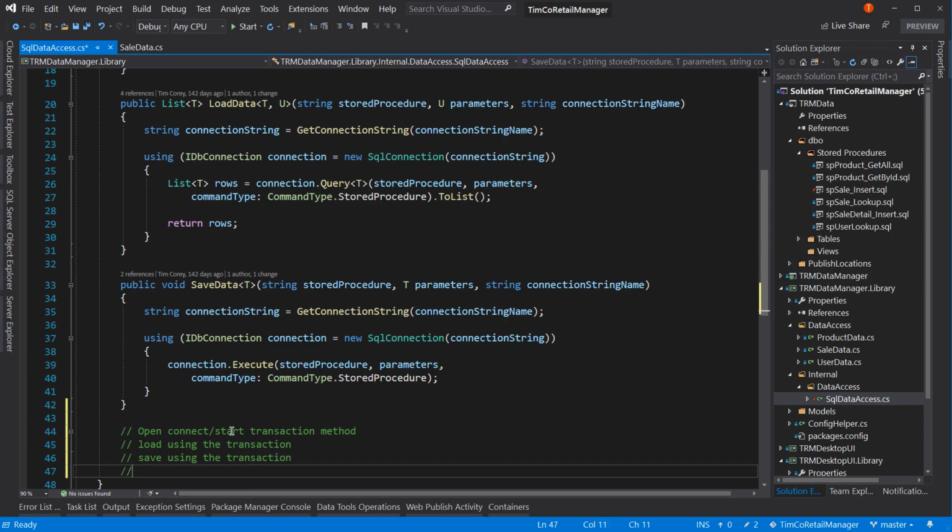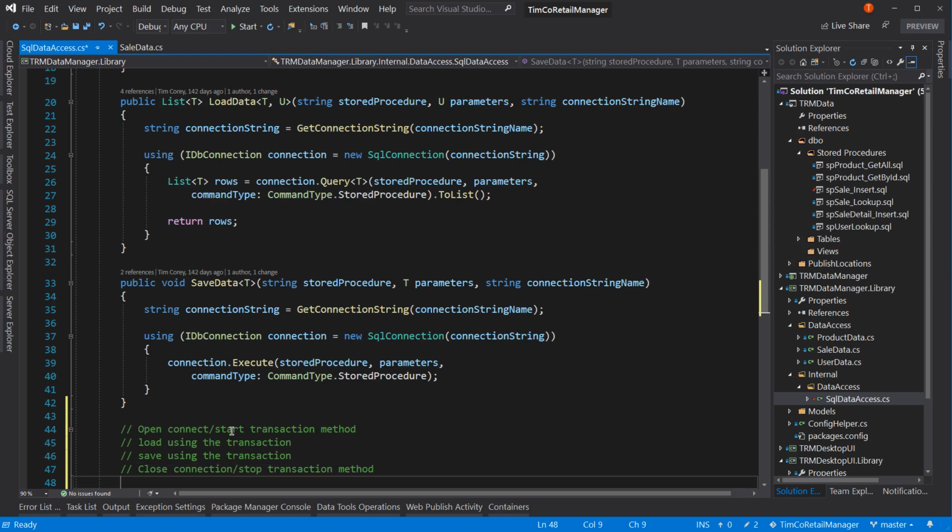And we need to have a close connection / stop transaction method. Not in that order. I think another thing we need is we need to implement dispose. That way we can wrap this whole thing in a using statement and make sure that we